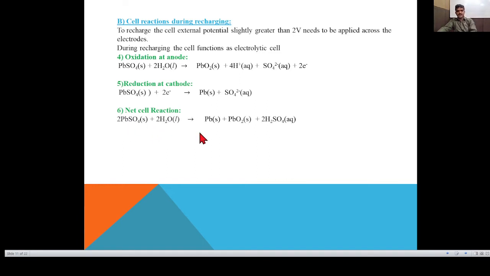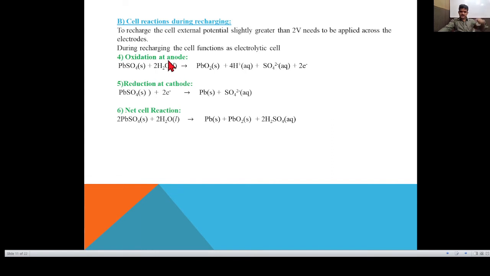So what is the net cell reaction? 2PbSO4 plus 2H2O gives Pb plus PbO2 plus 2H2SO4. So that is the cell during recharging. The reactions during recharging are the inverse of discharging the cell, with opposite electrodes. That means the reaction that takes place at the anode